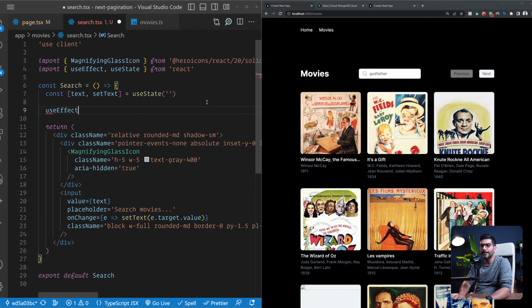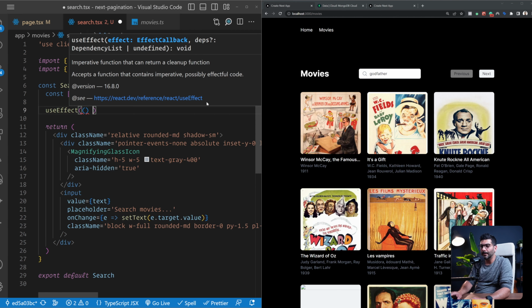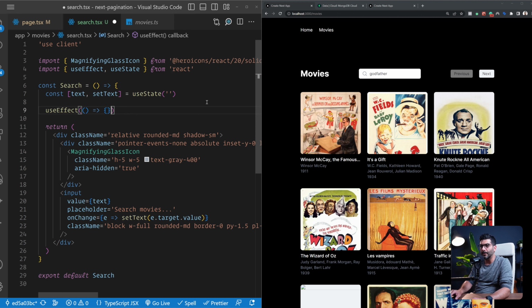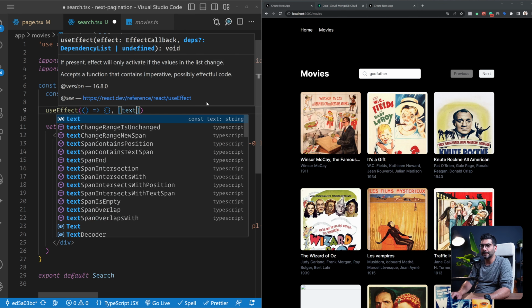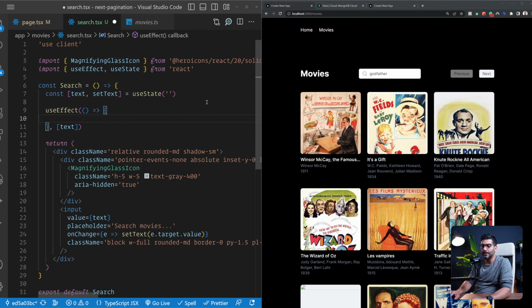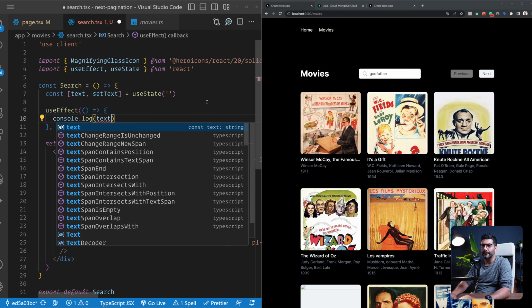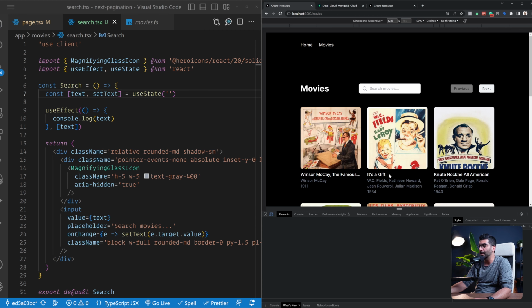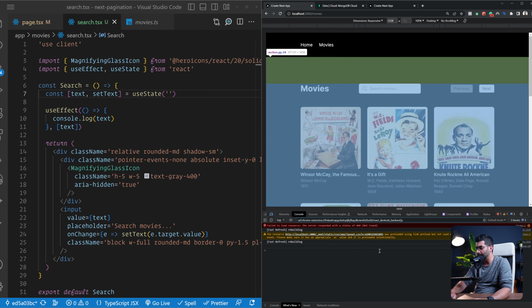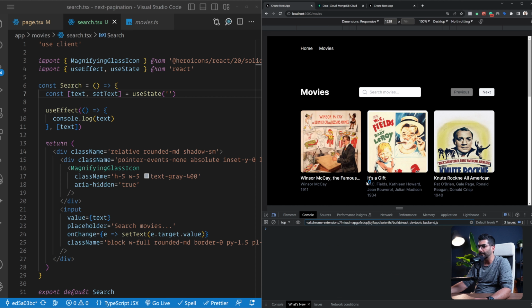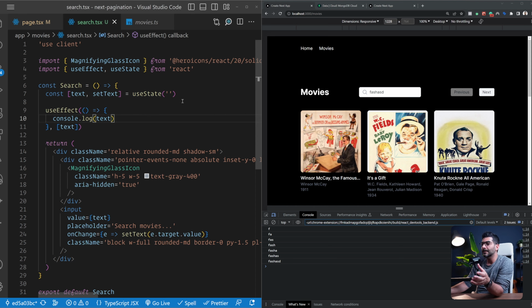Let's now create an effect here where we can just log anytime that this text changes. We're going to just console log this text just to test everything out. If I open up my console over here, let me just make this bigger. If I refresh and also refresh that, if I put in any text here, we can see it's being logged over here. Okay, so we now have access to what the user is trying to search inside of this client